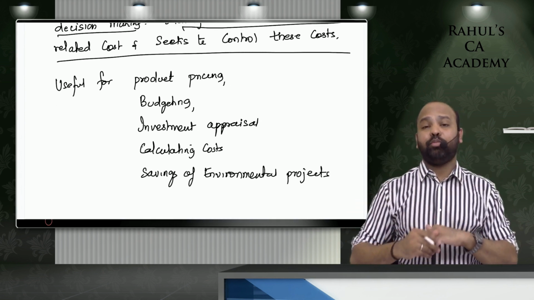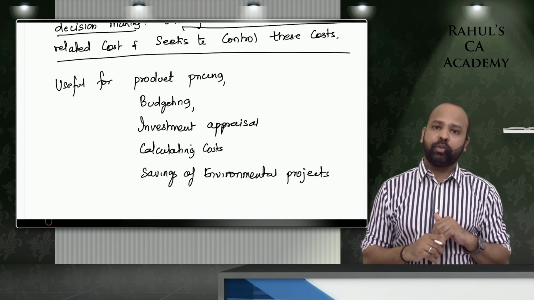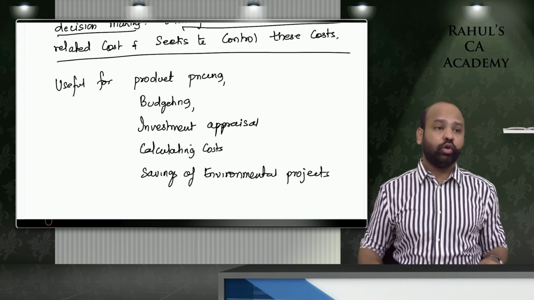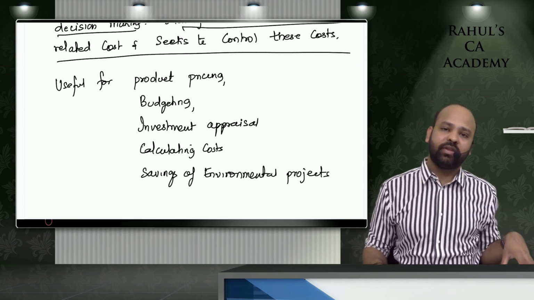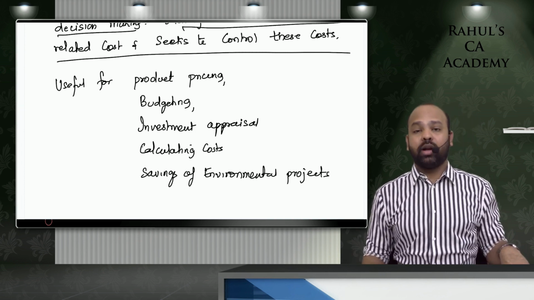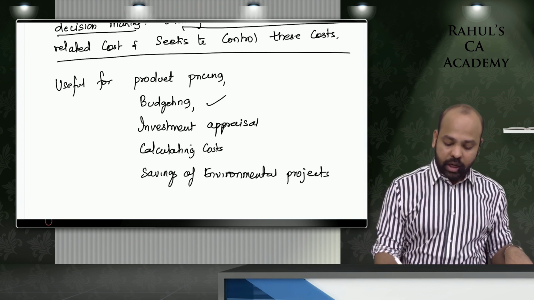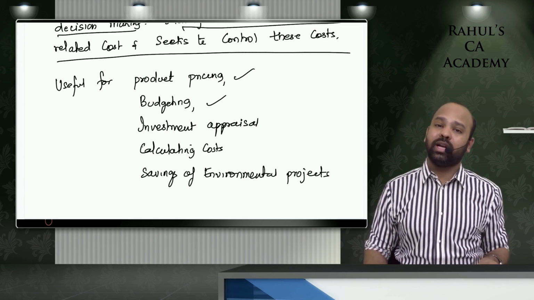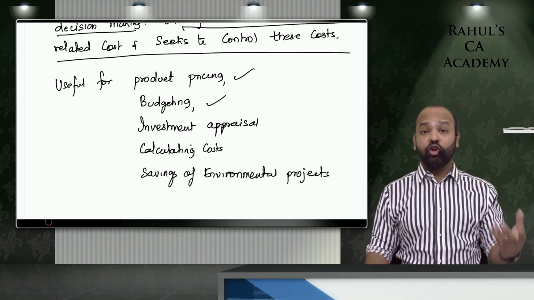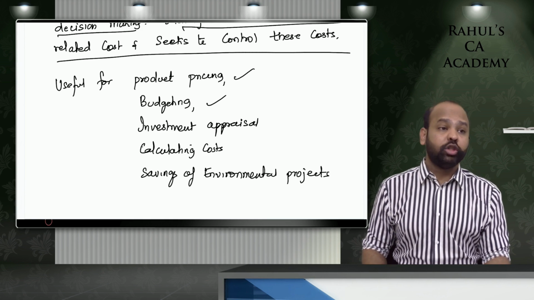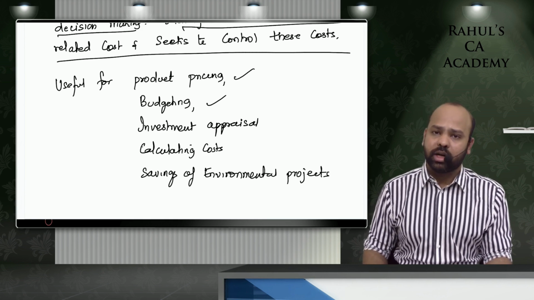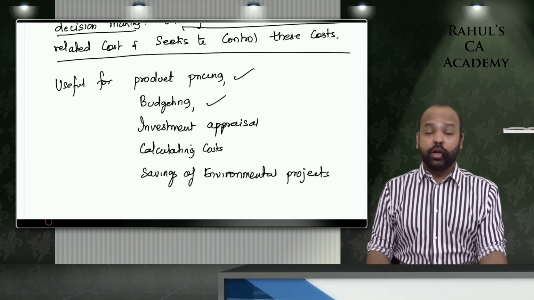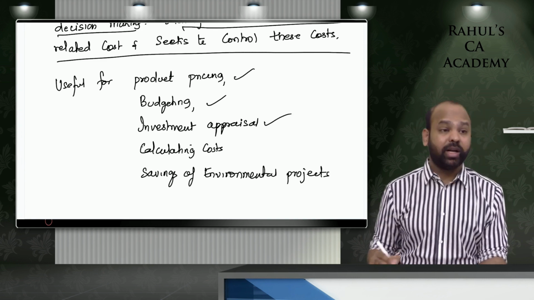This would be very, very important in pricing your product properly. Because if you know that your product has a huge amount of environmental impact, you will want to recover a higher price from the consumers to compensate for that environmental impact, or you will try to reduce those environmental costs. It will help you in budgeting your cost properly, guys, because all these years organizations have been ignoring environmental cost. Now we know better that there are huge amounts of fines and penalties levied on organizations if they fail to comply with all of these regulations. So you will have to take all of those costs for budgeting and investment appraisal also.